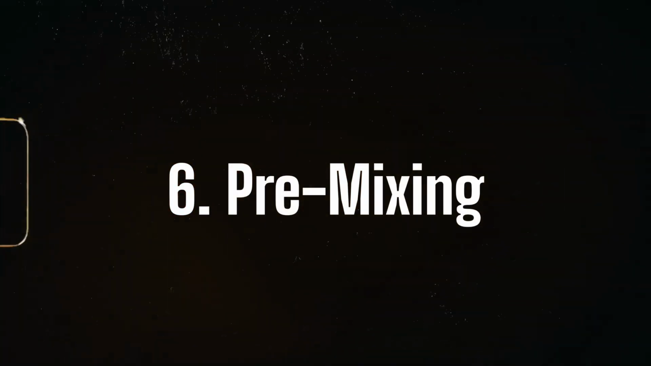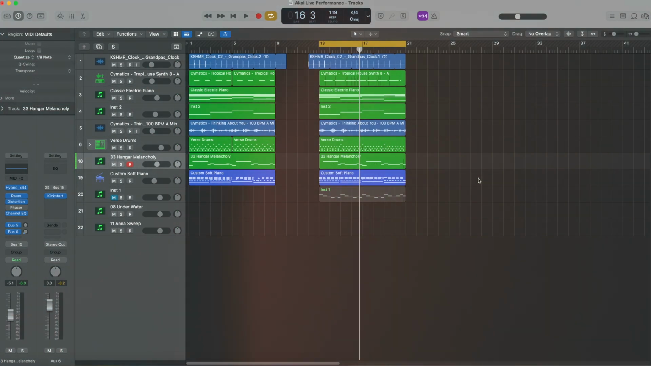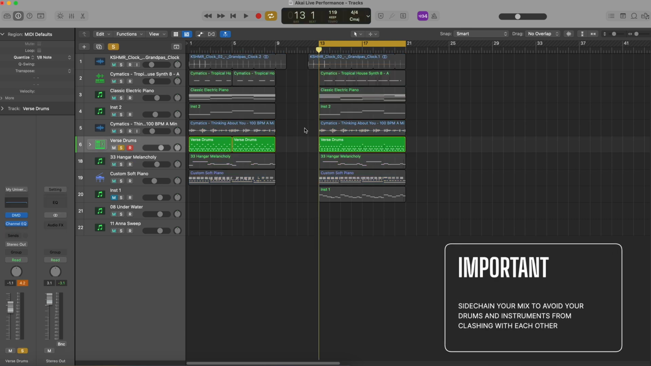Now, the next thing I want to talk about is pre-mixing. It's really important to actually have a bit of a pre-mix in your live performance so that things don't sound bad. Now what I mean by this is what really is really important is to have a sidechain. So for example, we have these drums over here,